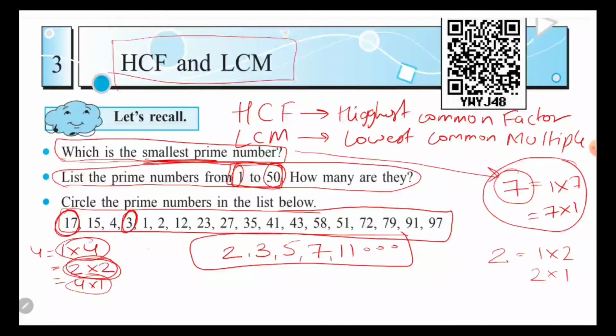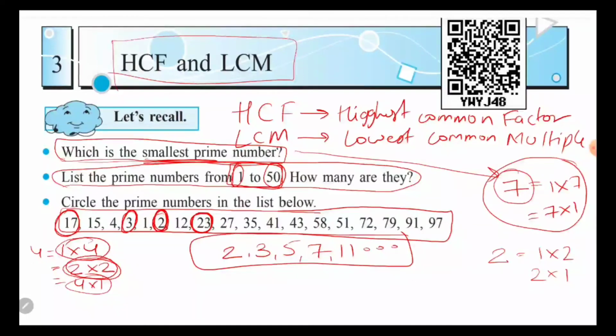Okay, next is 1. I just now said that 1 is neither a prime number nor a composite number. Okay, so we will move further. Then this is 2. 2 is the smallest prime number we just wrote, therefore 2 is a prime number. 12 is not a prime number because we can see that 12 comes in which tables? 6's table, 2's table, 4's table, 3's table. Okay, so 12 is not a prime number. Now 23 does not come in any table, so I will be circling 23. 27, you can tell that 27 comes in 3's table.